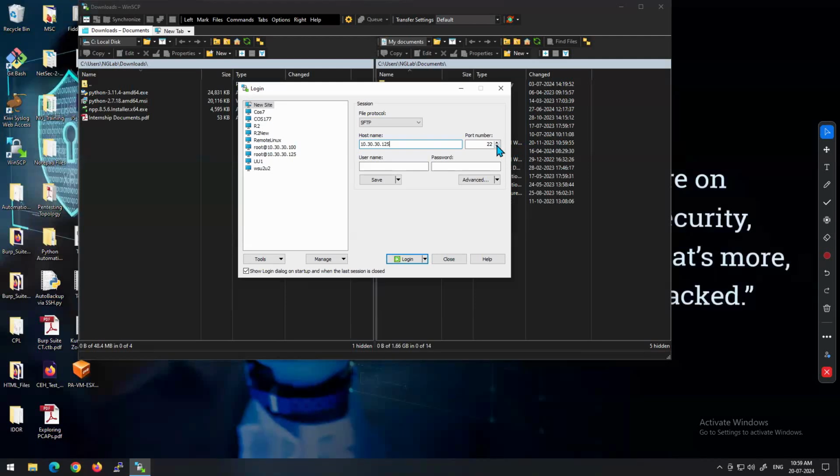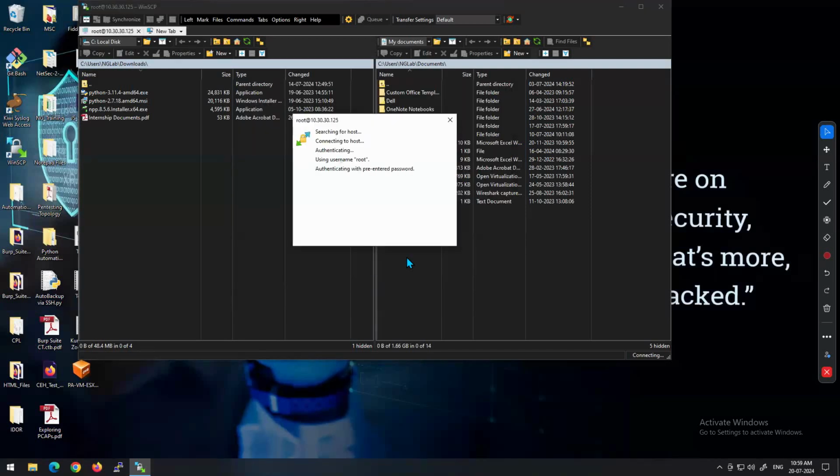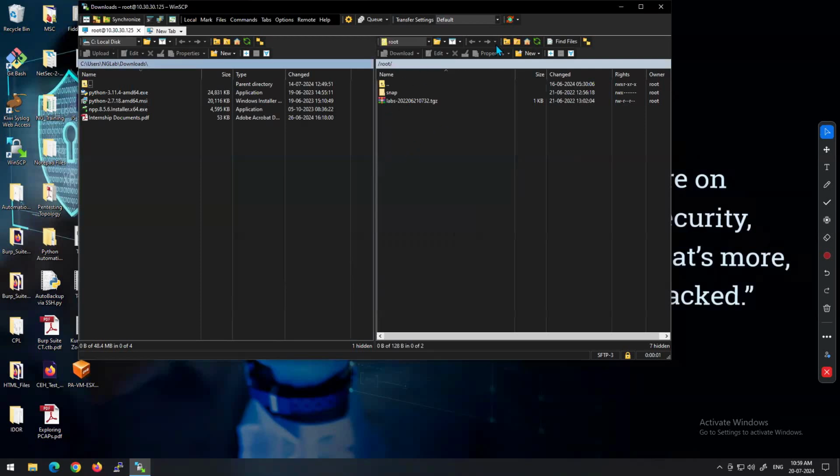Port number 22, remember SFTP also works on this, because in the background SFTP uses the SSH server only. FTP is 21, 20, you know that. Then you can type the username and password: root and the EVE login. We'll try to connect and you can see you will get this access. This side is my computer, C drive, for classroom people. Let me make it bigger.